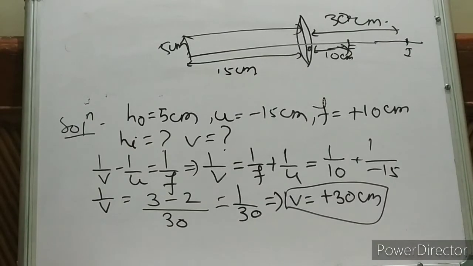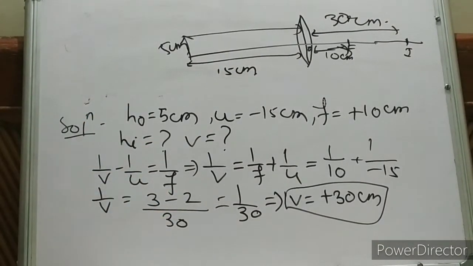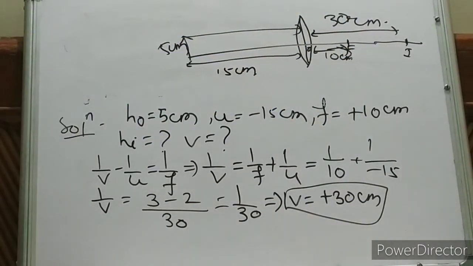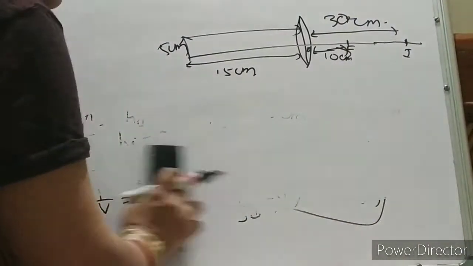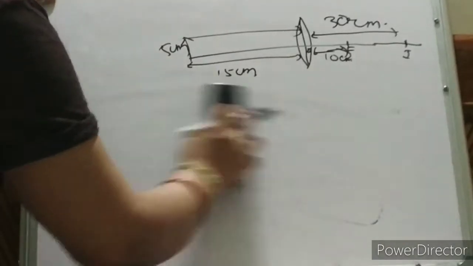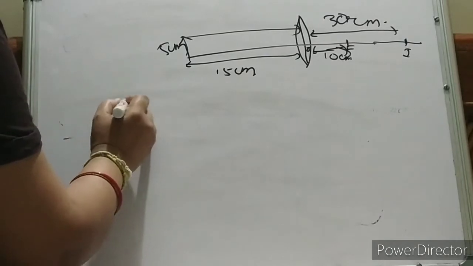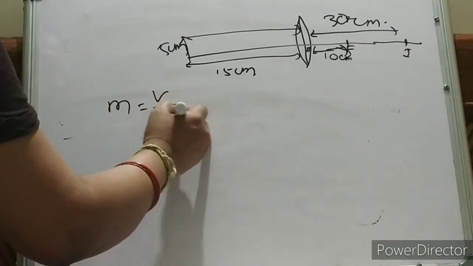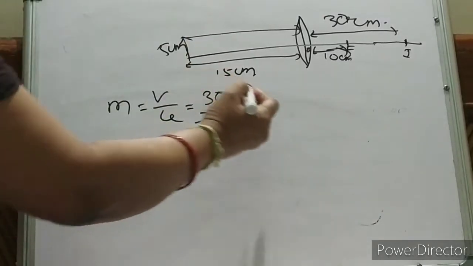Okay. Now we have to find out the magnification and height. So the image is formed on the right hand side of the lens. Please don't forget that. So let me erase this. I think people have noted down the question and we have all the data also. So what is your magnification? m is equal to, you can use your v by u formula. What is v by u? v is 30, u is equal to minus 15. See, it is now minus 2.